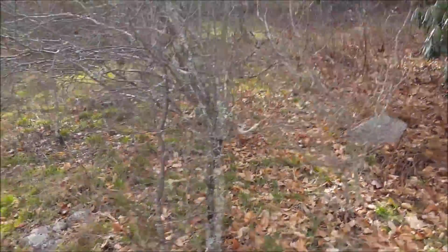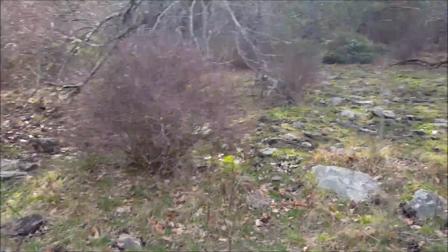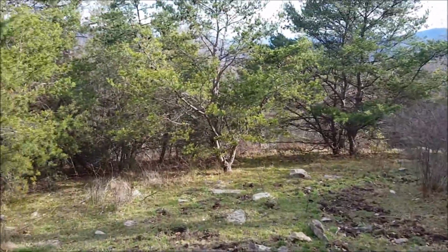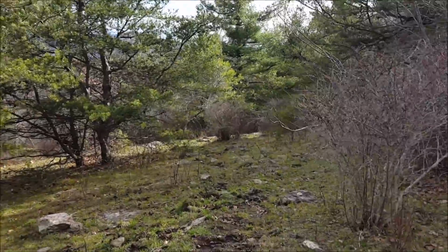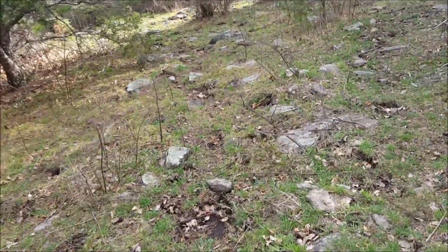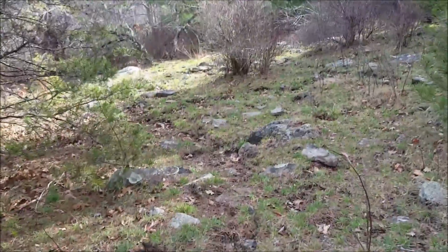I think the summit's still a few hundred feet up, so I don't really want to keep going just to bag a peak. But this is a pretty unusual spot right here. I mean, looks like an old trail or something. I don't think it leads anywhere. It would be a bad idea for me to...